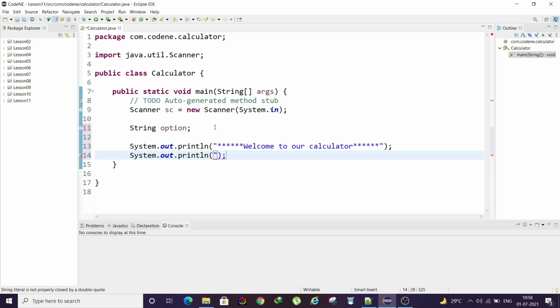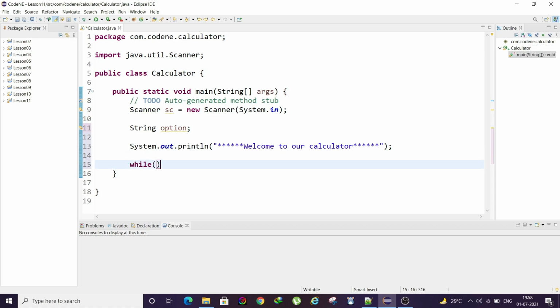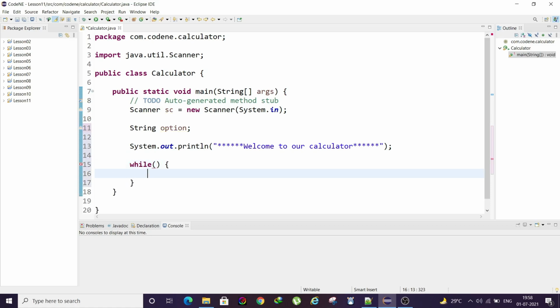We can give it inside a while loop. The goal of declaring one while loop is simply that the menu should keep repeating itself. Basically we'll provide two options to the user, whether he wants to use the calculator or he wants to exit it. That is the reason why we are using a while loop, so that even if the user is using the calculator and at a time he feels like he wants to exit, then this menu should be displayed again.